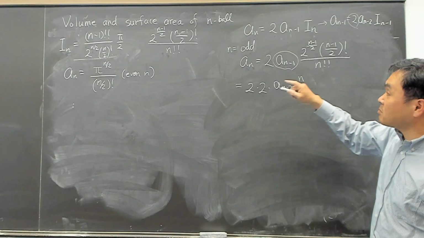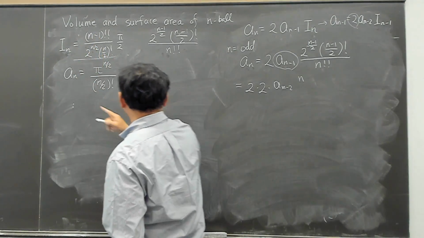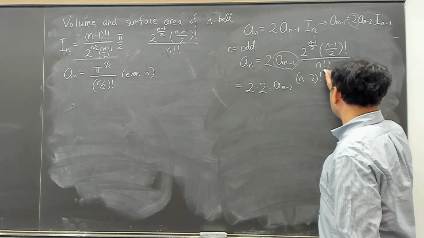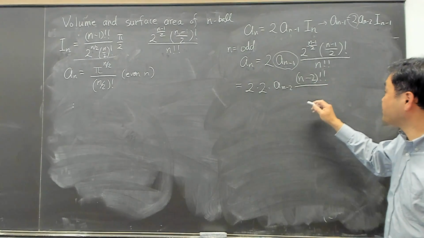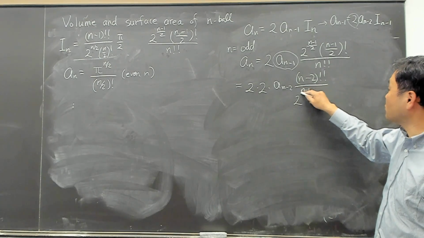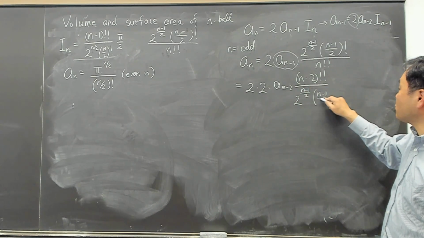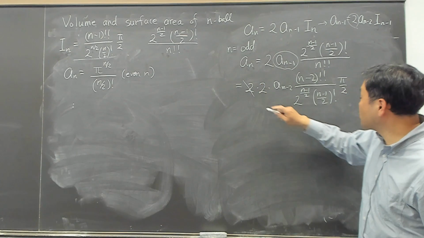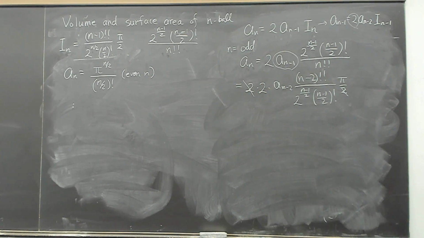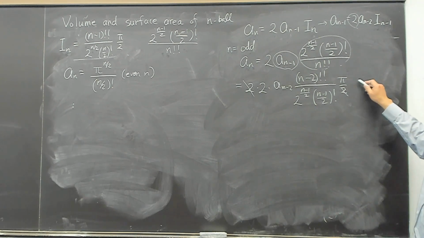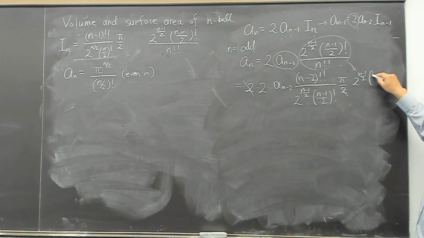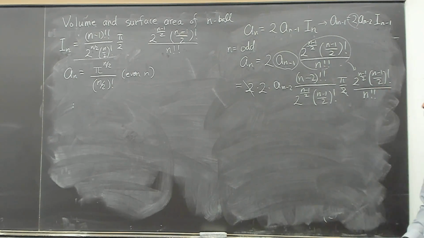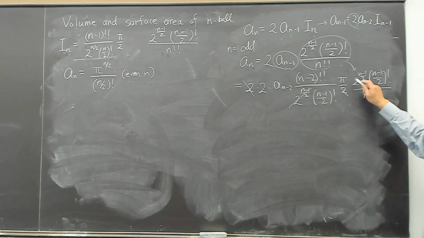So it's n minus 1 minus 1, so n minus 2 double factorial over 2 to the n minus 1 over 2, n minus 1 over 2 factorial times pi over 2. Well, I guess one of the 2's can cancel here. And then this, I shouldn't forget this one. This one still carries down here. It's 2 to the n minus 1 over 2, n minus 1 over 2 factorial over n double factorial. And it's nice because I see that these cancel,